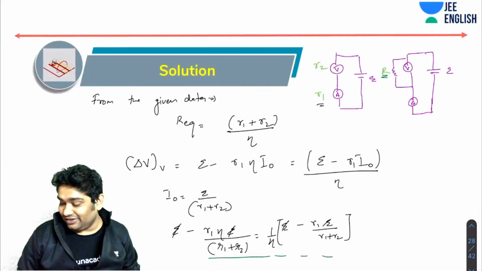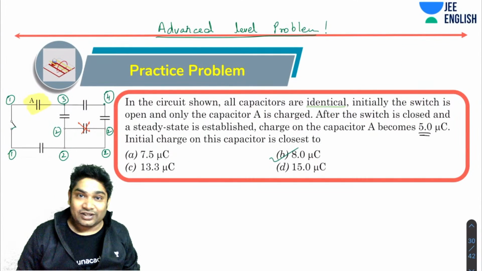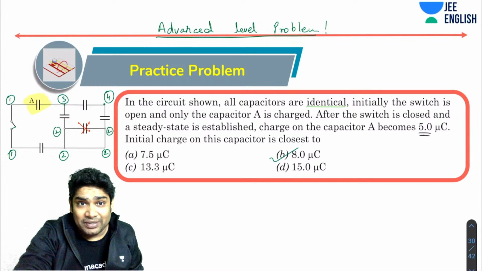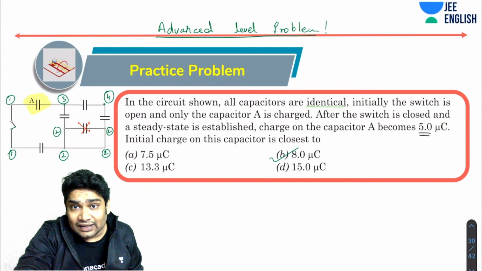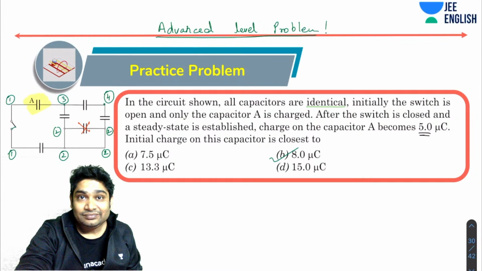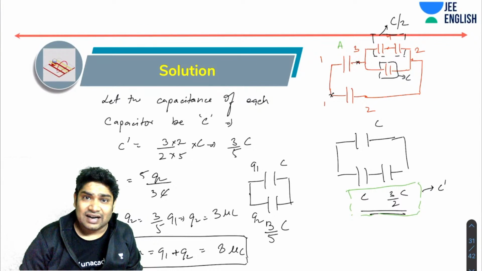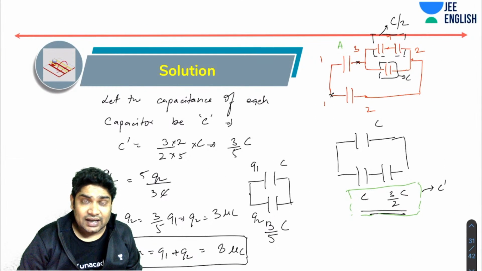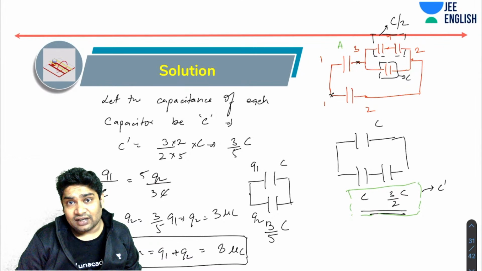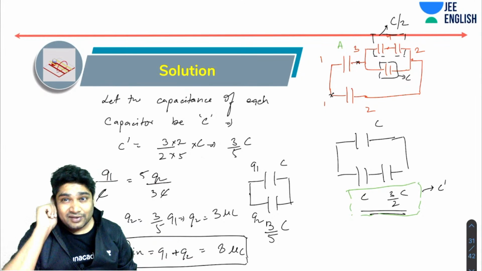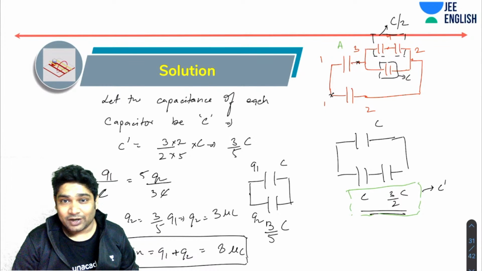Okay, so for this, the correct answer is 8. Again, I think AP had said B for this, right? So AP, well done. You were absolutely right. Again, I hope everybody followed the solution. This solution is pretty standard, a pretty straightforward question. Pretty simple advanced level problem requiring you to know how to simplify the electrical circuit and how capacitors connected in parallel are related.